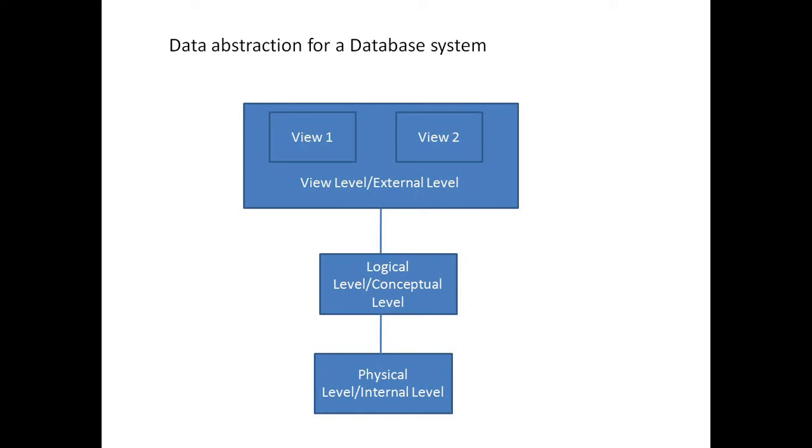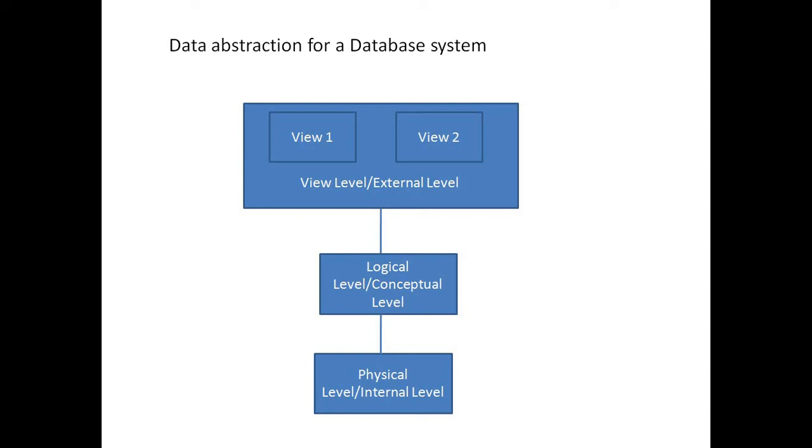The conceptual level does not care about how exactly the data is stored in the database. So the conceptual level is all about how data is visible to the user and whether we have any interconnections or interlinkages between different data tables. In DBMS, data is actually saved in tabular format. And one of the advantages of having a DBMS, as we discussed earlier, is that we can share data. We can share data between different tables, and we can share data between different users as well.